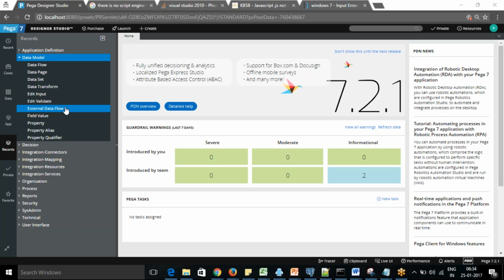Once you have a data type, there is one more concept we call data pages. So what are data pages? When I was talking in previous classes about the cache, the cache is your temporary area.